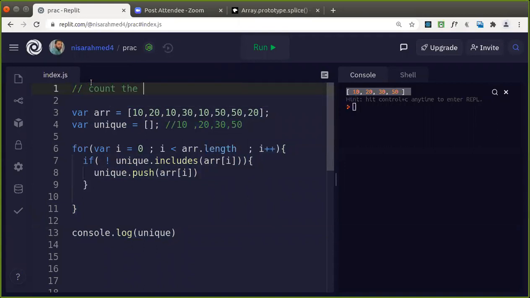Count the common elements in two given arrays.